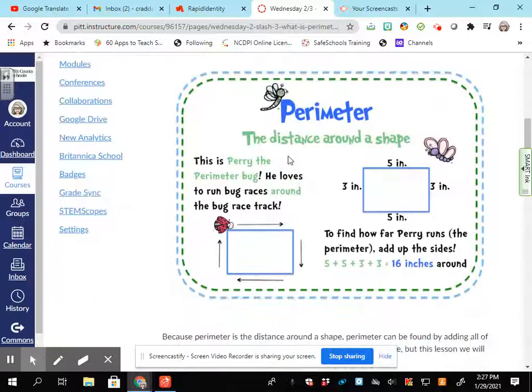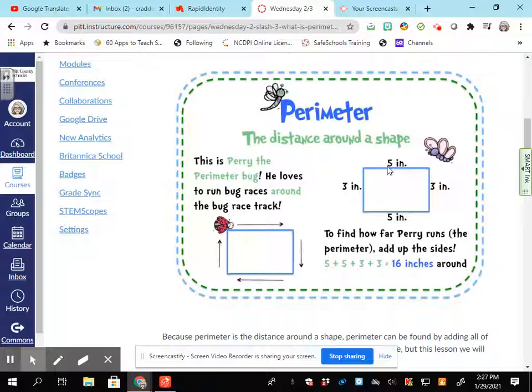This next section says exactly the same thing. This is Perry, the perimeter bug, and he loves to run races around the bug racetrack. And you see he's gone all the way around. If we wanted to find out how far Perry ran, the perimeter, we would add up all of the